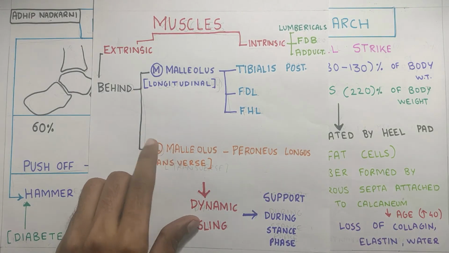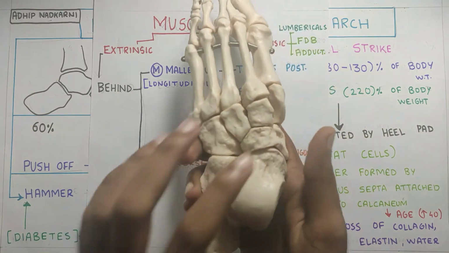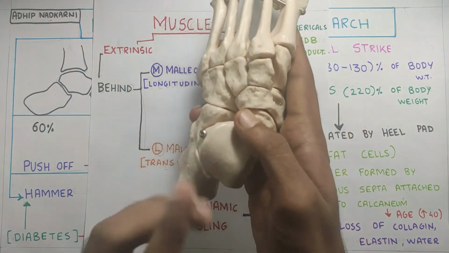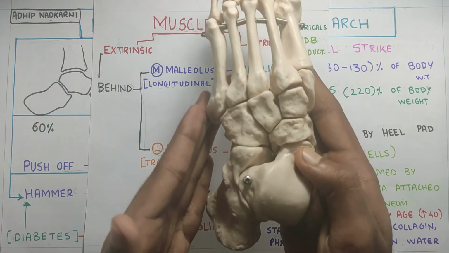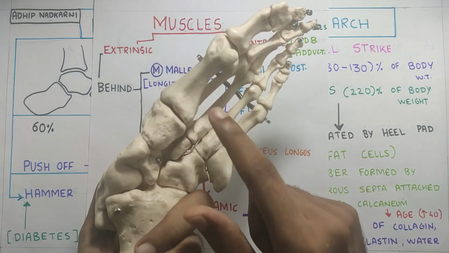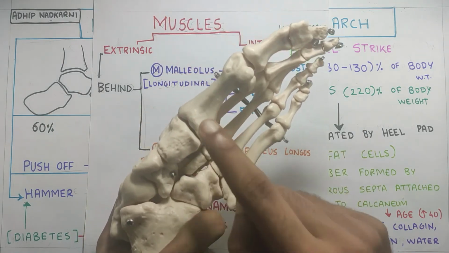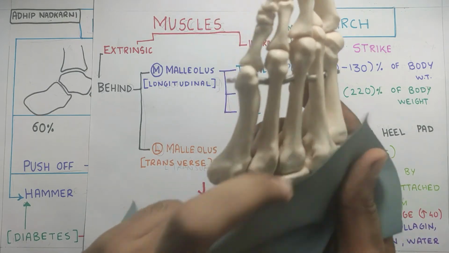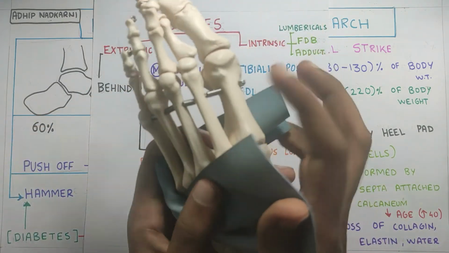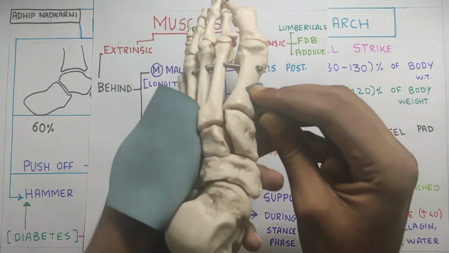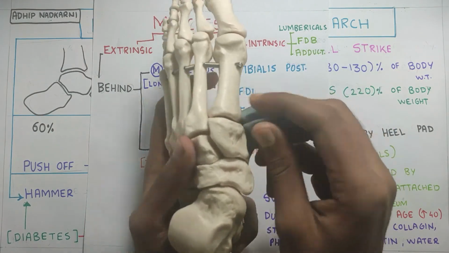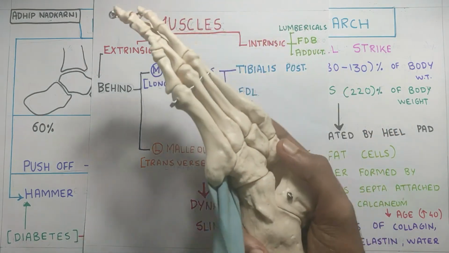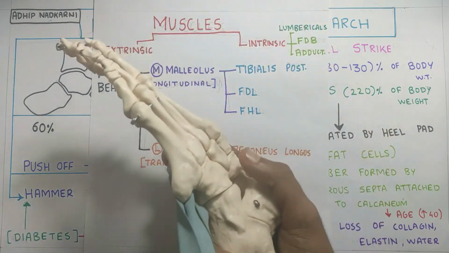So this muscle comes behind the lateral malleolus. So again, this was the foot. So the muscle comes from the lateral side. It goes around the fifth metatarsal and then goes and attaches to the base of the first metatarsal. So if you see from the lateral side, it goes and attaches over here on the medial side to the base of the first metatarsal, and when it contracts, it will take the foot into eversion.